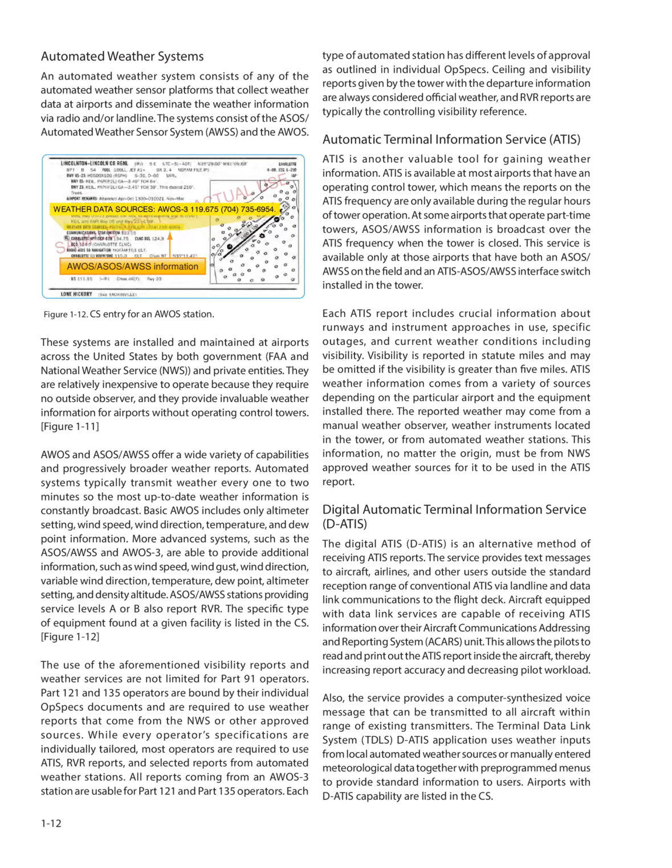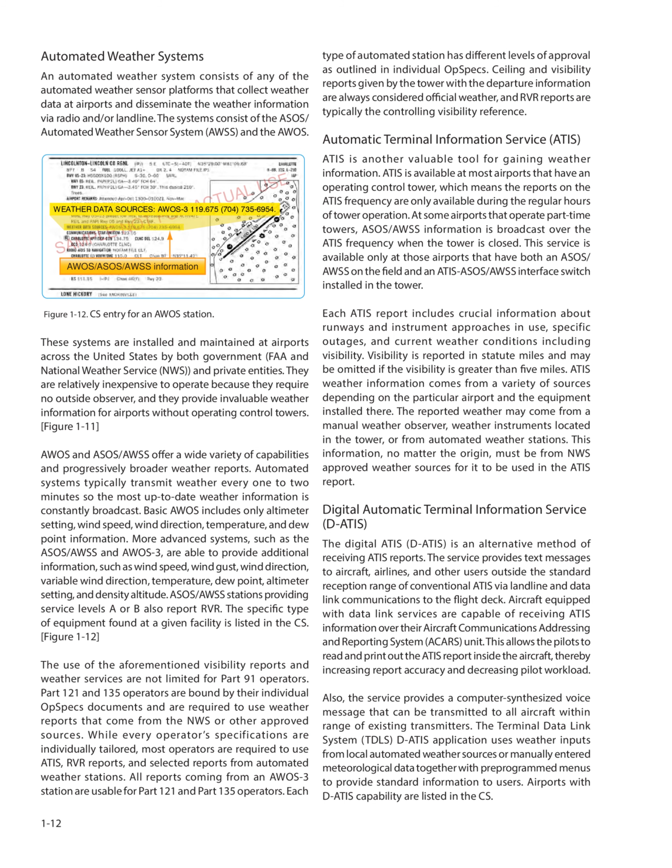Automated weather systems. An automated weather system consists of any of the automated weather sensor platforms that collect weather data at airports and disseminate the weather information via radio and/or landline. The systems consist of the ASOS/Automated Weather Sensor System, AWSS, and the AWOS. These systems are installed and maintained at airports across the United States by both government, FAA and National Weather Service,